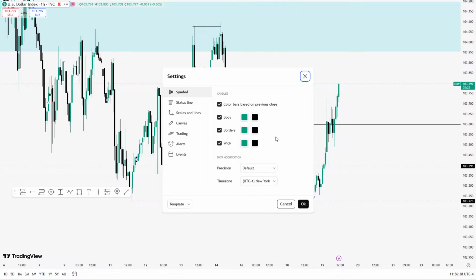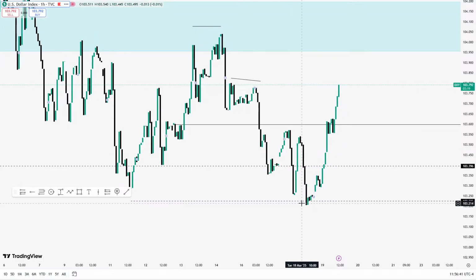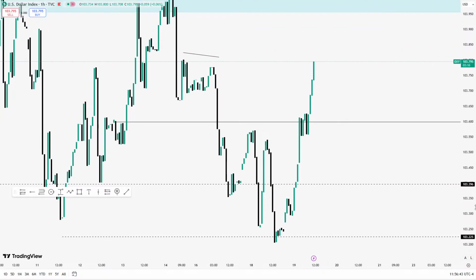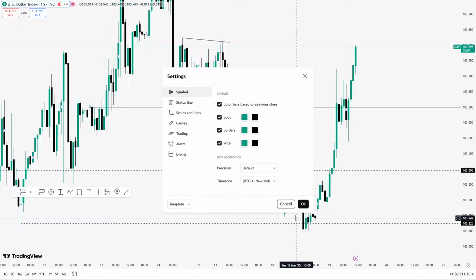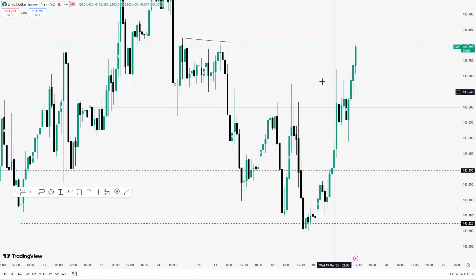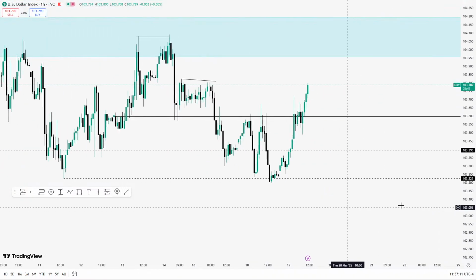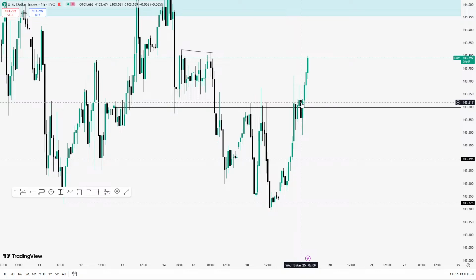You may want to take out the candle wicks for clarity, so you know exactly what I'm talking about. This is the 1 hour, and you can see clearly that we have a shift in market structure bullish right there. That's the reason for the dollar pump to the upside. You may want to use the candle wicks to mark structure, but the candle body, of course, to identify shifting market structure, exactly where the candle body closed above, and at the same time we see price action created